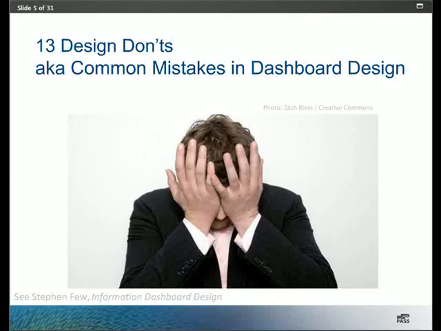So one of the best resources that I found for learning how to design effective dashboards is Stephen Few's book. It's called Information Dashboard Design. And in fact, Few has a lot of books that revolve around the use of data visualizations that I really recommend if you're responsible for developing reports also. So I've taken the 13 common mistakes that Few has identified in his book, and I created a very ugly dashboard in SharePoint 2013 to use as our beginning point. So let's stop here and take a look.